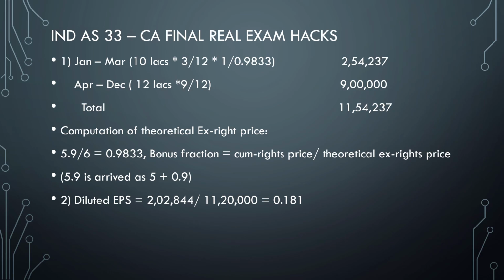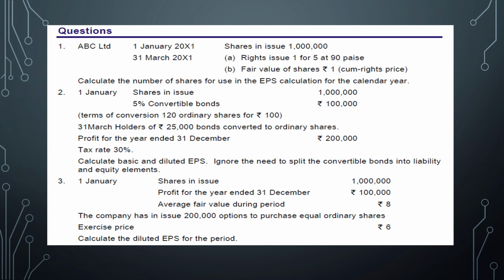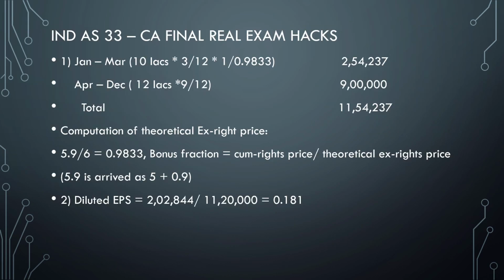It is a fairly straightforward question. What you have to do is, January to March is 10 lakhs into 3 by 12 into 1 divided by 0.9833. Sir, how did I get 0.9833? It's fairly simple. 5.9 by 6 will give you 0.9833. 5.9 is nothing but the 5 rupees plus 90 paise, divided by 5 plus 1, that is 6. Then the bonus fraction can be arrived at as cum-rights price by theoretical ex-rights price. So that will be 1 divided by 0.9833, which you can see above. So that will give you